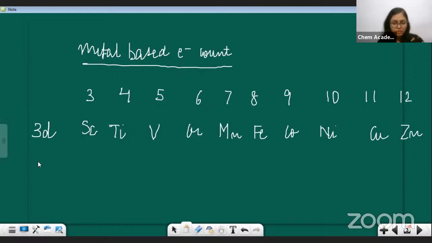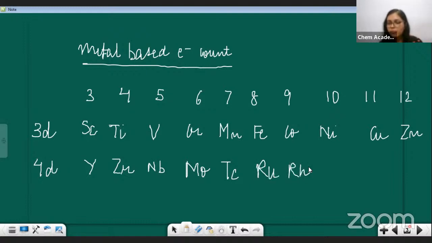Now, the 4d series. Here it is going to be yttrium, zirconium, niobium, molybdenum, technetium, ruthenium, rhodium, palladium, silver, and cadmium. And for the 5d series, it is going to be